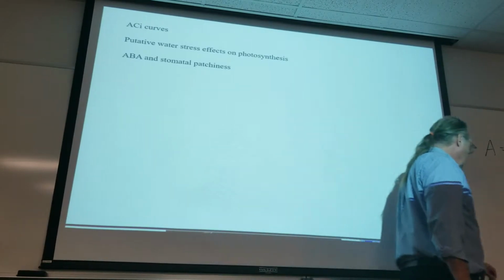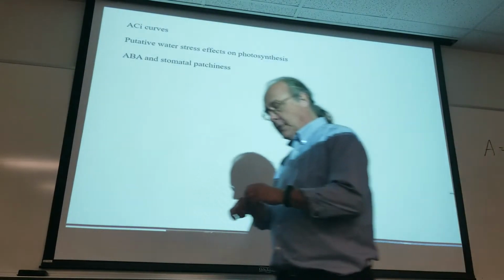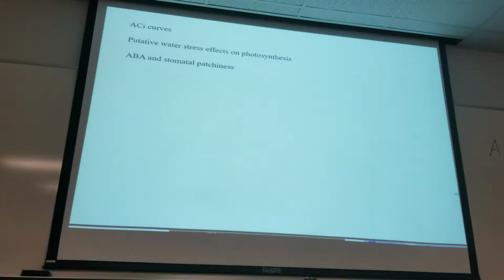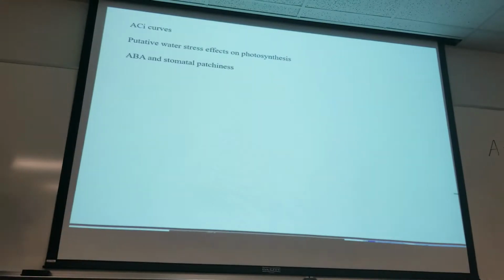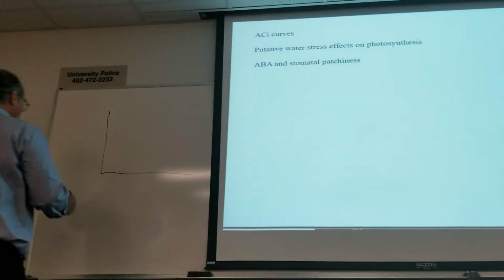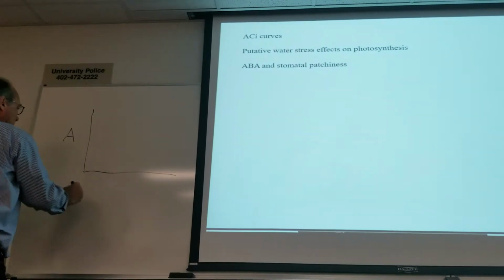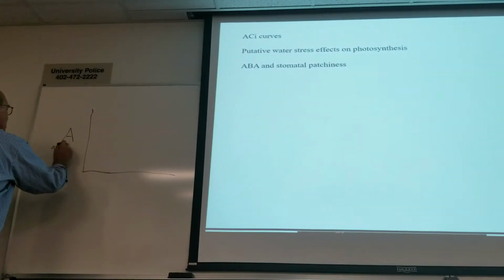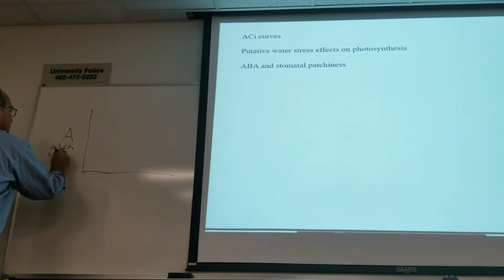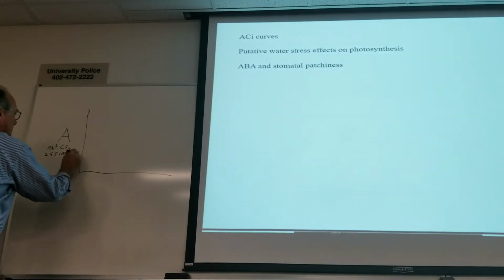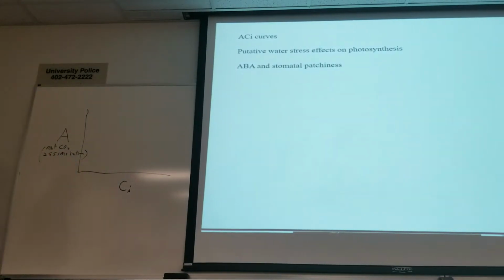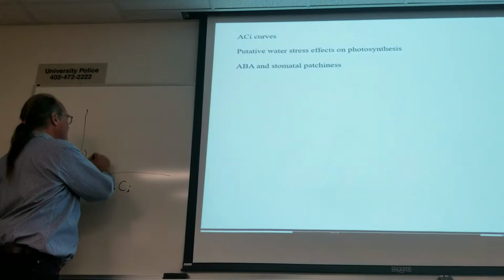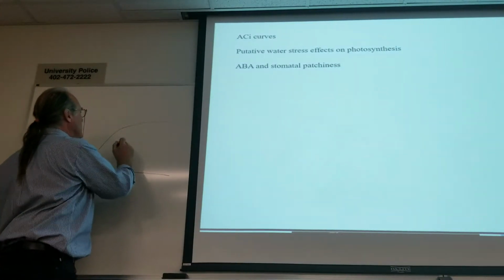So this is a tough nut to crack, as they say. Or has been. But one way that physiologists have looked at it is by making A-CI curves. What's the A-CI curve? If you plot the rate of net CO2 assimilation, A, photosynthesis, as a function of CI, you get some relationship. And typically that relationship tends to look something like this,